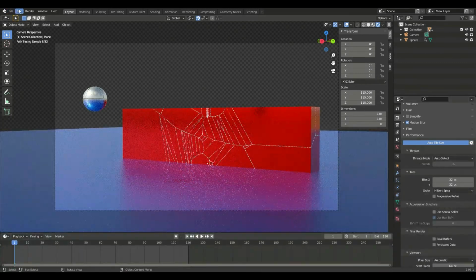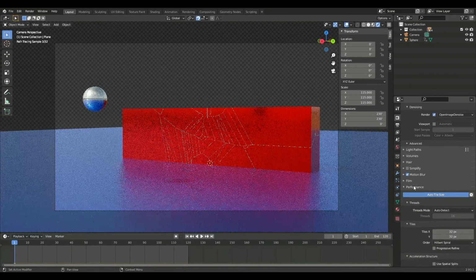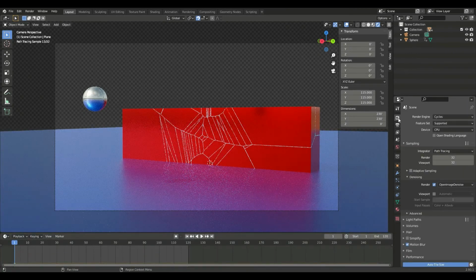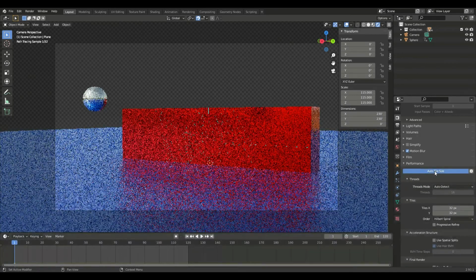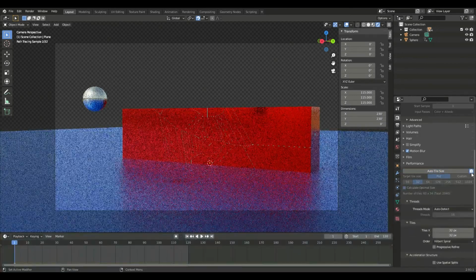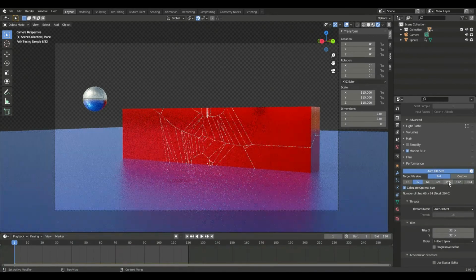We're going to go to Edit, Preferences, and instead of typing Cell Fracture, we're going to type in auto, and then down here there's going to be Render Auto Tile Size. You're going to enable that and go to the performance tab on the camera thing. Then you're going to click on that, and that's going to set your auto tile size.